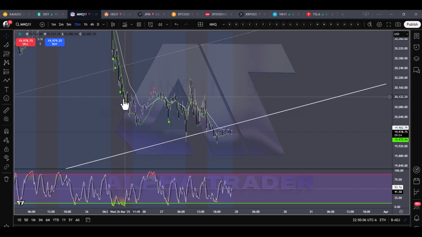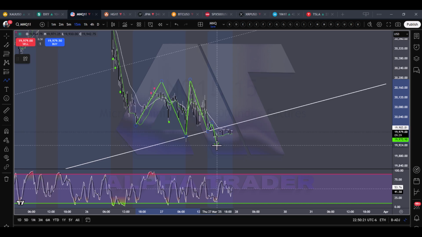So here we have the mini NASDAQ. That did work out well, so it did match what we thought it would do. It went up, came back down, hit channel, went back up again, but now it's failing. So it's gone up, down, it's breaking channel. We see the retest. So now's the opportunity to get short for the swing down. And we're looking for a swing down, first one about 19,887, okay?